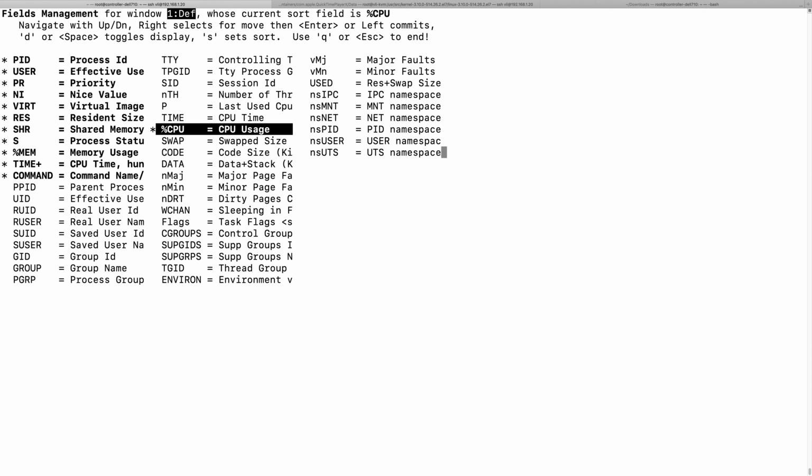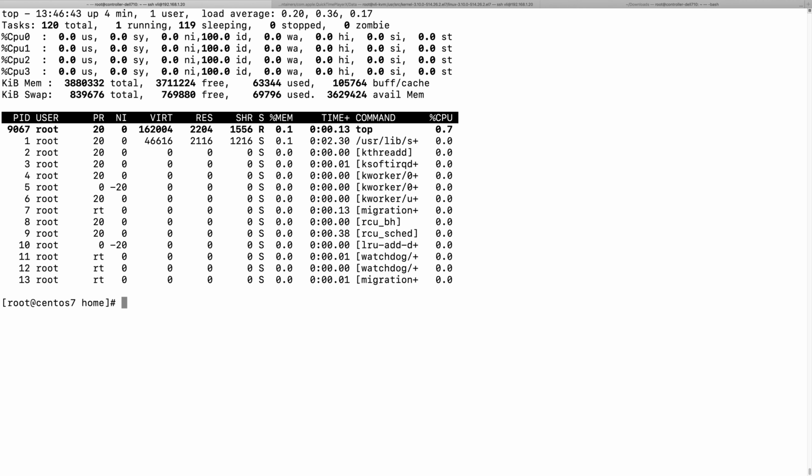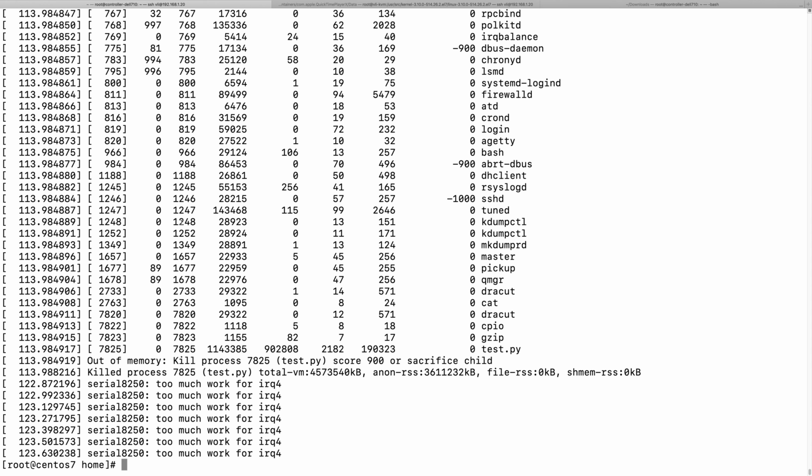Yeah, my terminal is a little small. You can use top to monitor per process swap or memory usage, but top doesn't show you